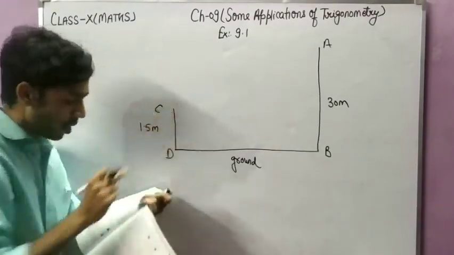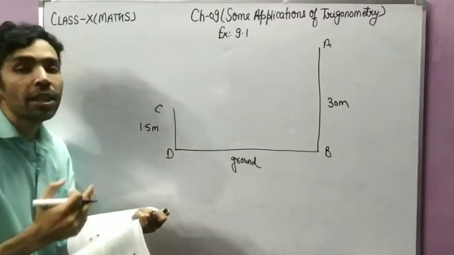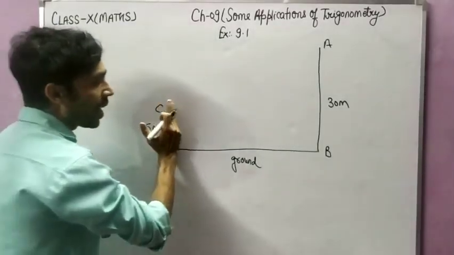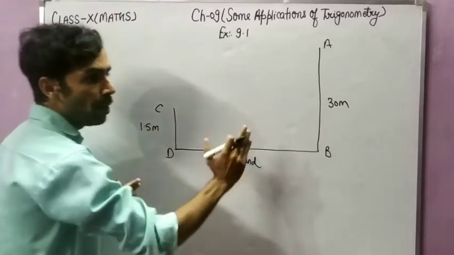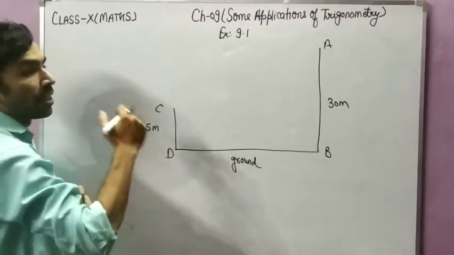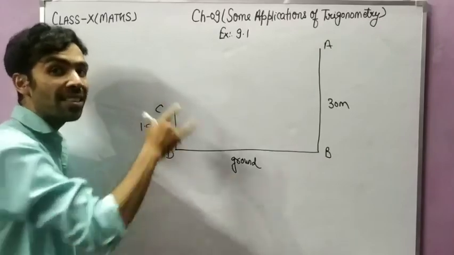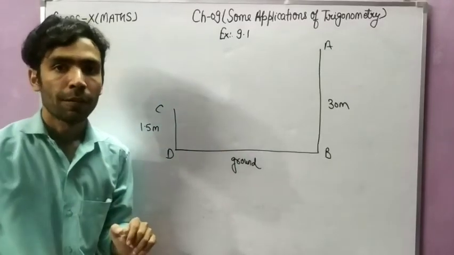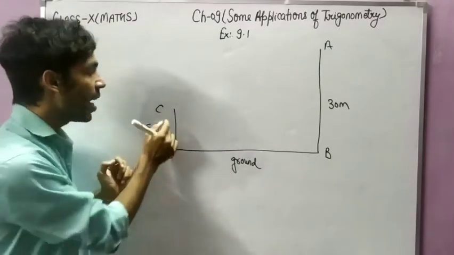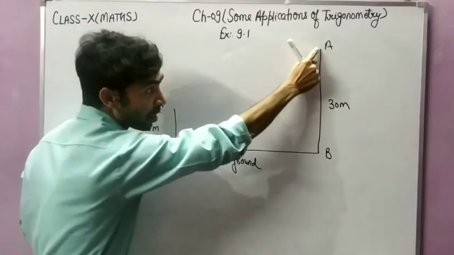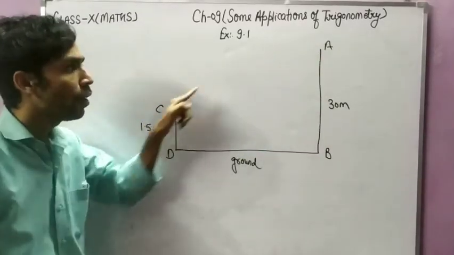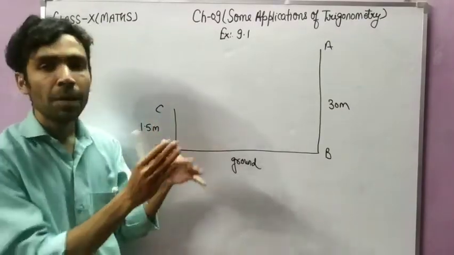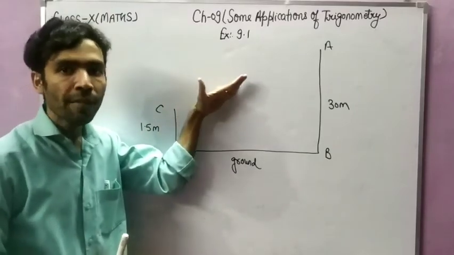So from here the angle of elevation will increase from 30 degree to 60 degree as he walks towards the building. Now, when he approaches the building, the angle of elevation from his eyes to the top of the building means the boy is watching the top of the building, from his eyes. So from point C he is watching point A. So an angle of elevation will form, and we all know that the angle of elevation is nothing but the angle between the line of sight and the ground.